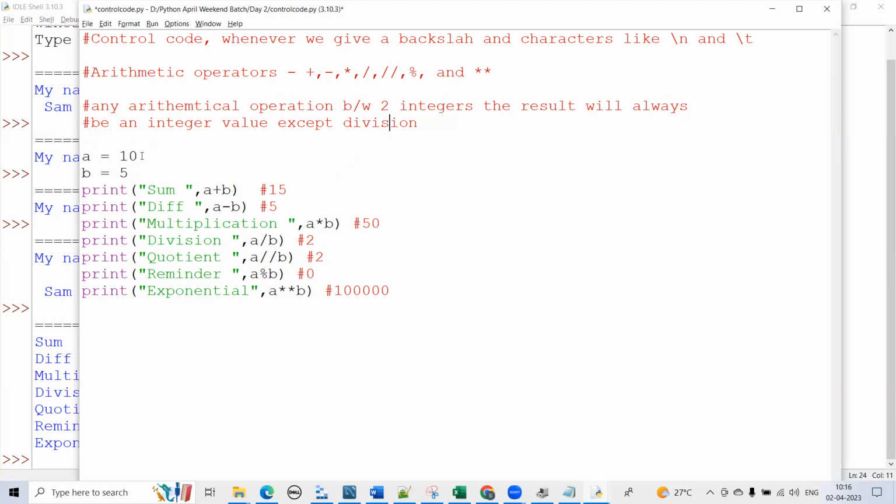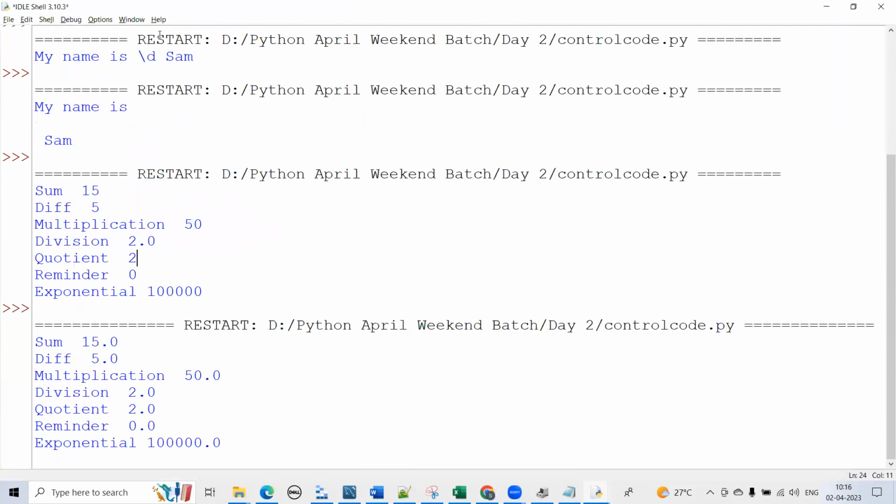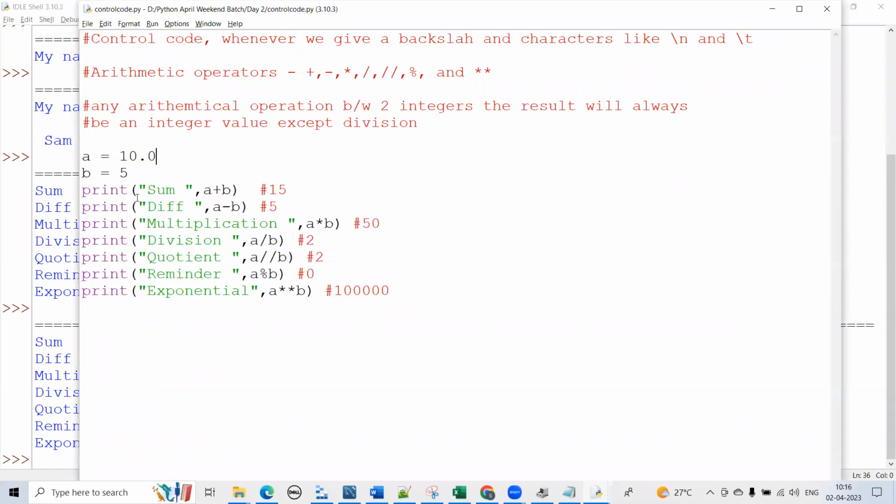Okay. Now let me make one as float. Now the value of a is a float value. Everyone agree? Yes, sir. Okay. Now let me run this. Now what is the data type of all the results that we are getting? Float. So whenever one of the operands,